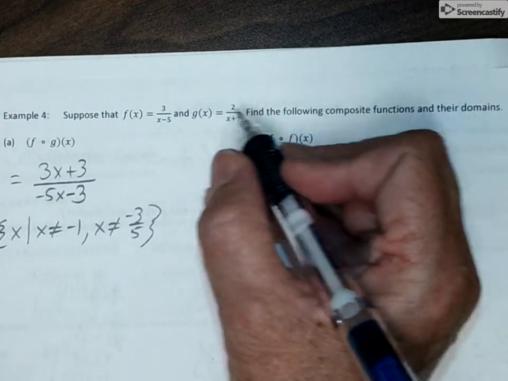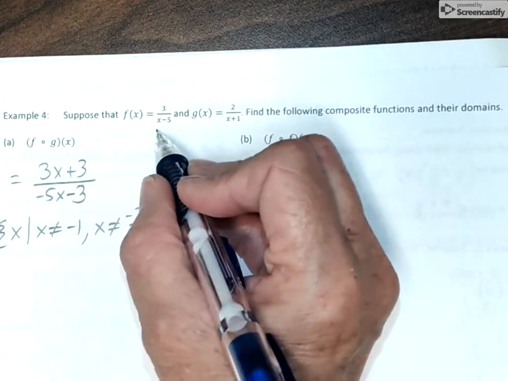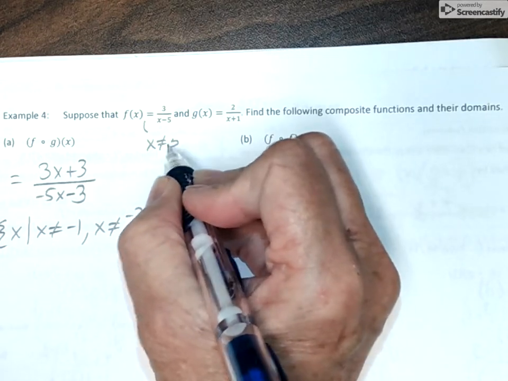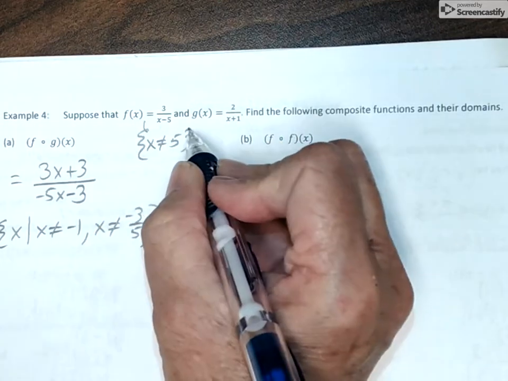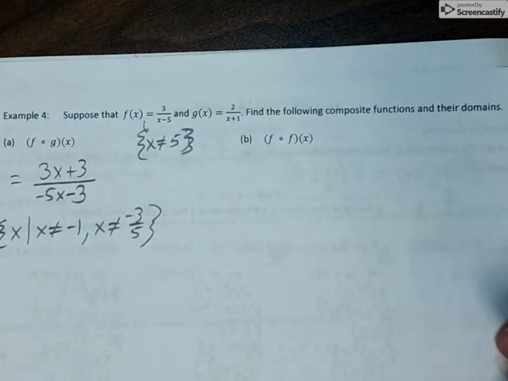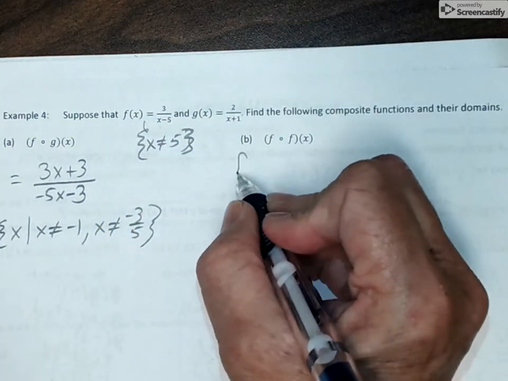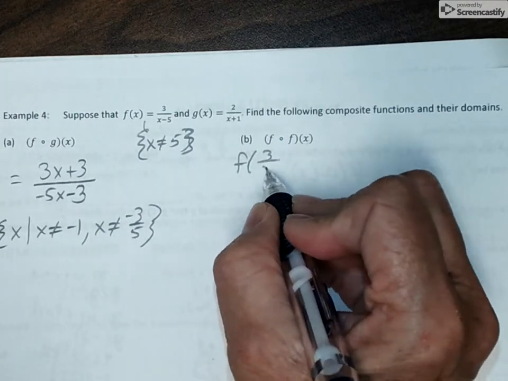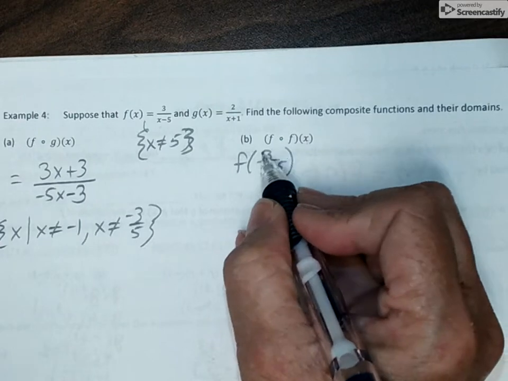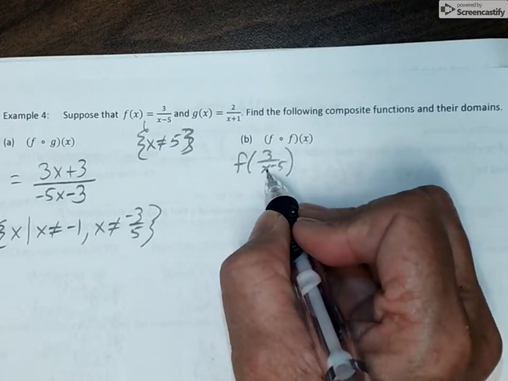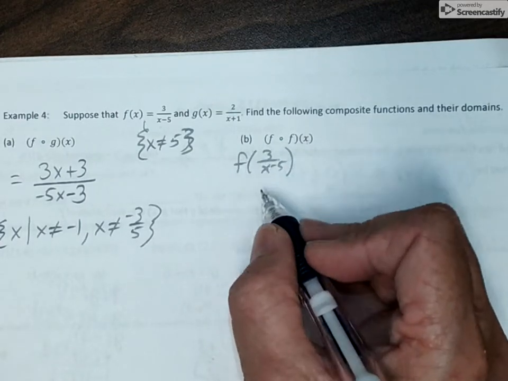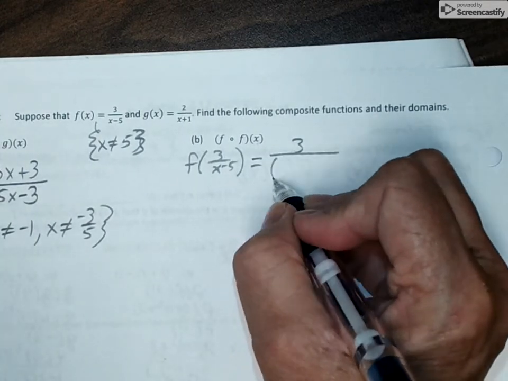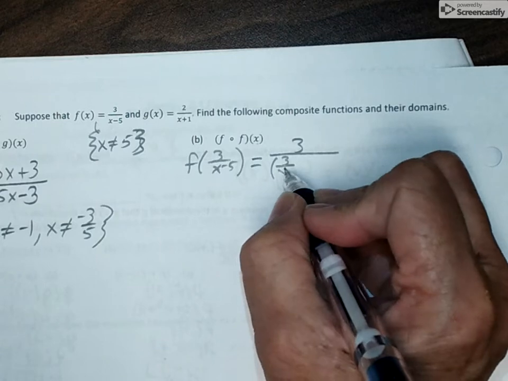Okay, so again, remember what was our domain for f? This was x cannot equal 5, and those are supposed to be the set brackets. So I've got to say f of x, which is 3 over x minus 5. So 3 over x minus 5, I'm now going to turn around and put back into f. So that's going to give me 3 over, here's the input again,